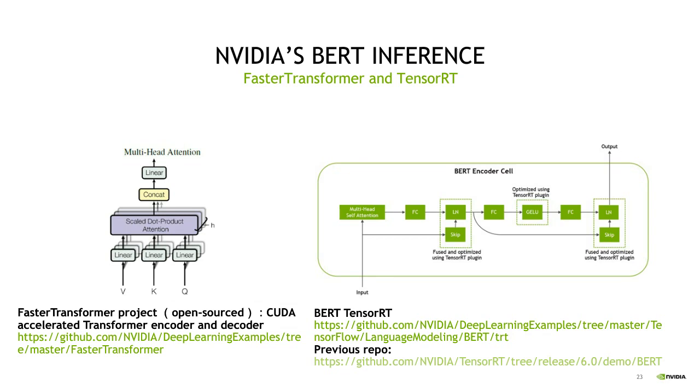The latest code has been moved to Deep Learning Examples as well, under language modeling, the BERT code. These two are very similar. They try to optimize the compute-intensive OPs in the BERT inference, but are based on different